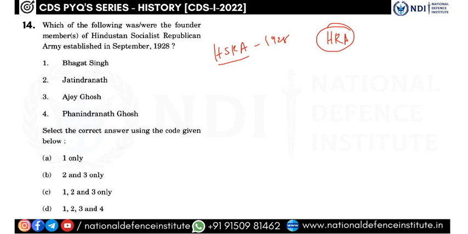But in 1928, at Firozshah Kotla, Delhi, Chandrasekhar Azad, Bhagat Singh, Bhagavati Charan Vora, Sukhdev, Shiva Verma, persons like these started again, giving version 2.0 of HRA in the name of Hindustan Socialistic Republican Army or Association. So they are asking who are the founder members. You see Bhagat Singh, Chandrasekhar Azad,